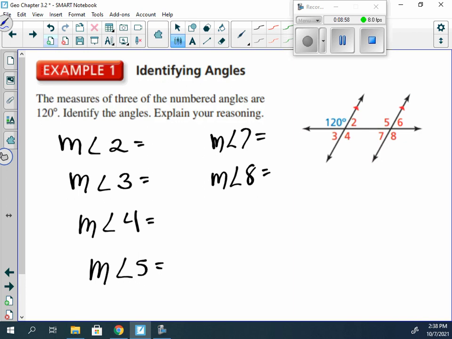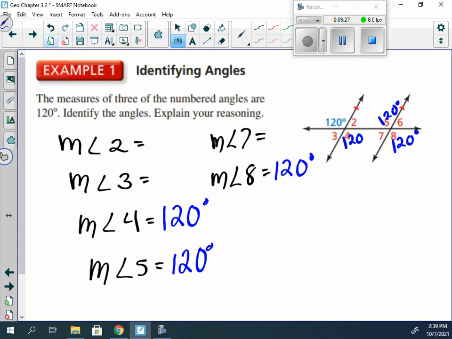5, yeah. Because what would 5 be? 5 would be 120. And we know that because 1 and 5 are congruent. Or what kind of angles? Corresponding. They're in the same location, yes? So they're corresponding angles. So we can say angle 5 is 120. So if they're 120, the other would have to be